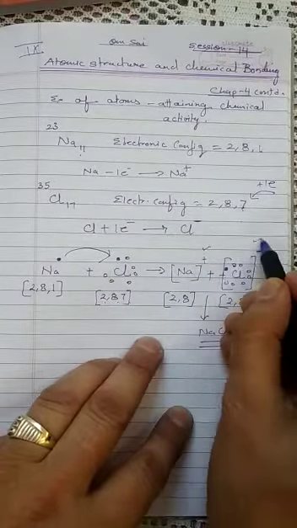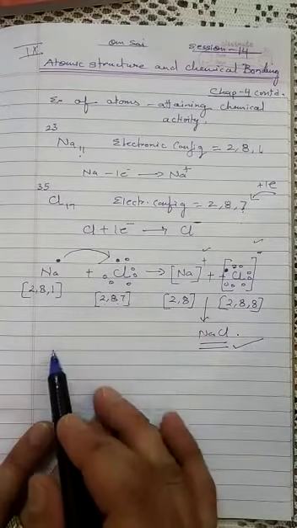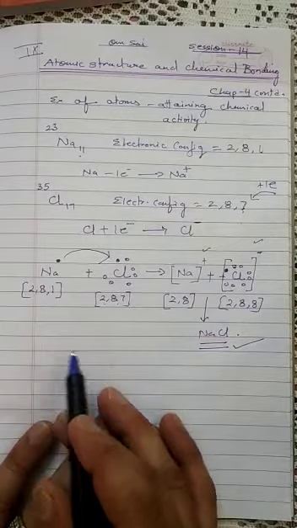Two oppositely charged ions are formed, they attract each other, and this force of attraction arises due to oppositely charged ions, and they keep the two atoms together in a compound, sodium chloride. Now this type of bond, which is formed by the transference of electron from metal to non-metal, is termed as electrovalent bond.